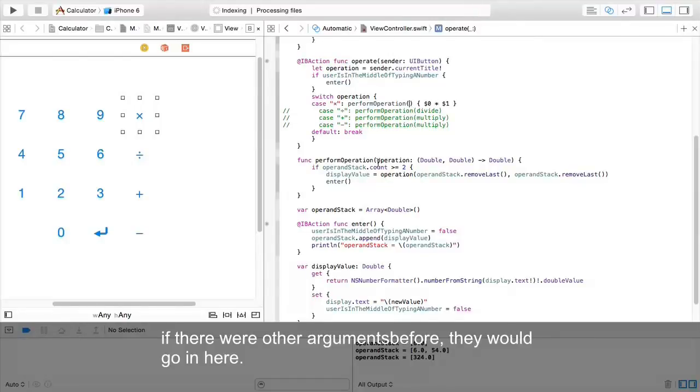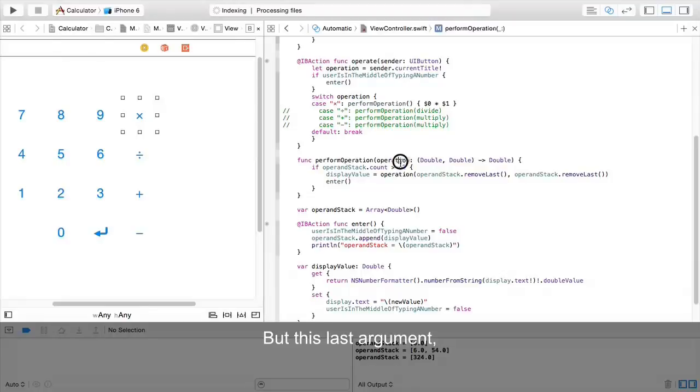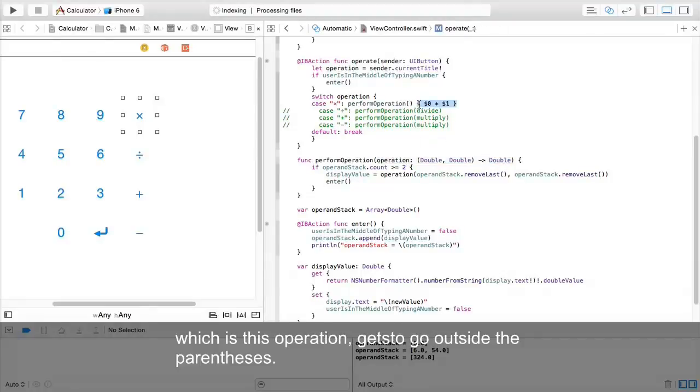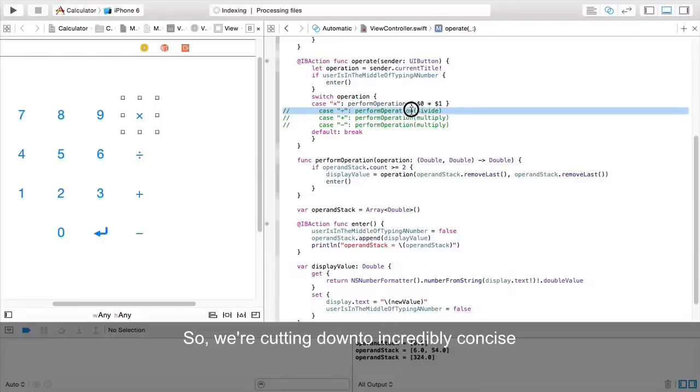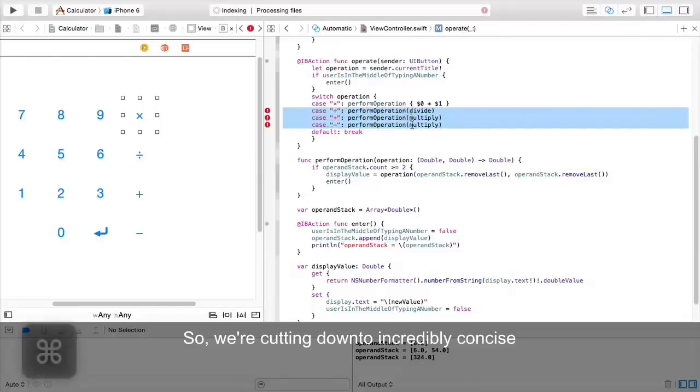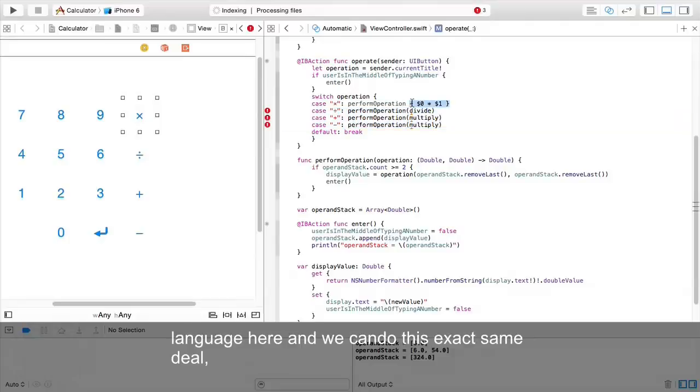So other arguments, if there were other arguments before, they would go in here. But this last argument, which is this operation, gets to go outside the parentheses. And if there are no other arguments, if this is the only argument, you can actually get rid of that. Okay? So we've gotten down to incredibly concise language here,